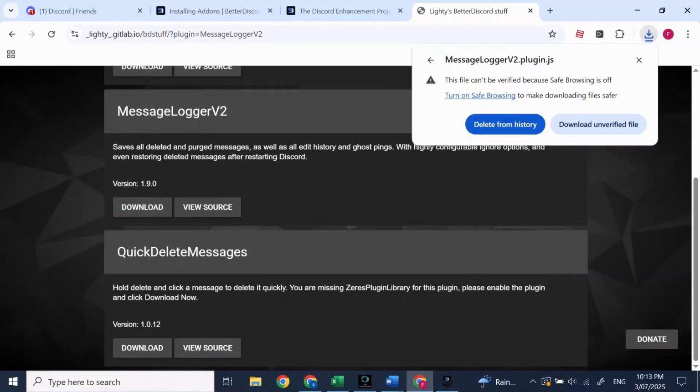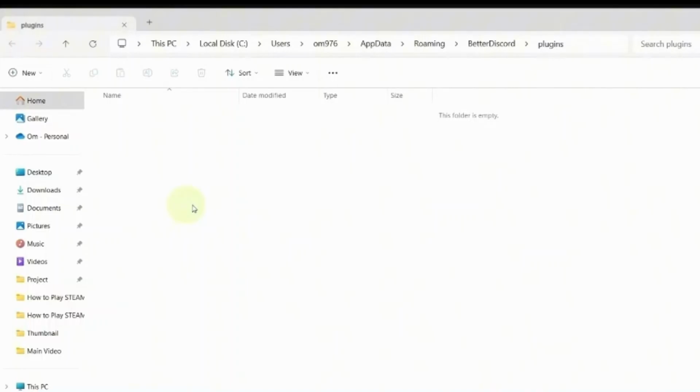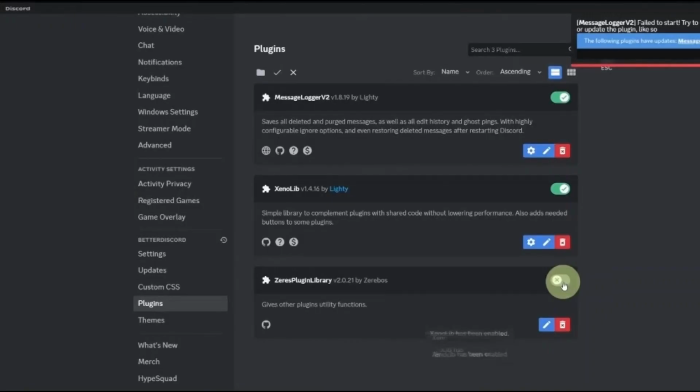After you have downloaded, go to Discord and click on Open Plugin Folder. In here, simply paste what you downloaded earlier, which is the plugin V2 Message Logger. Then open Discord and go to Plugins and turn on